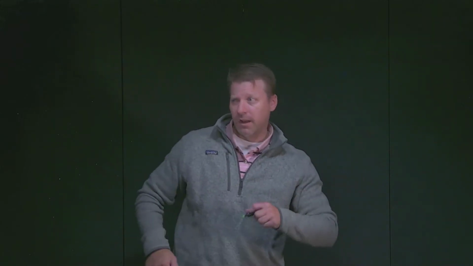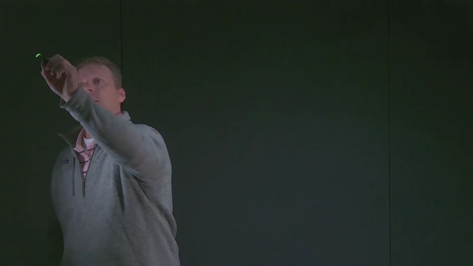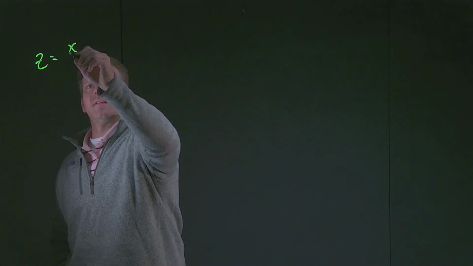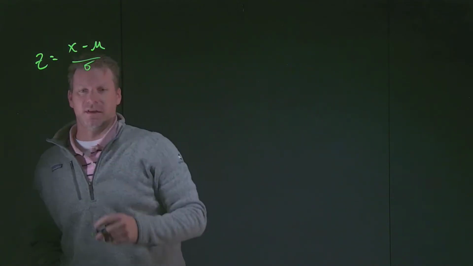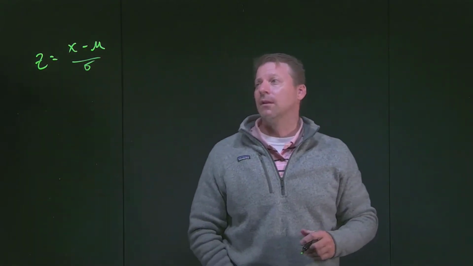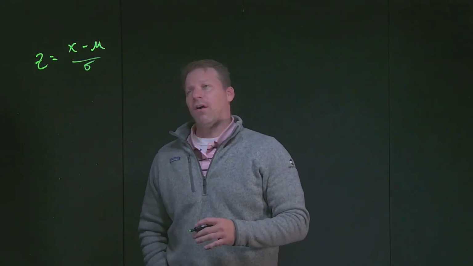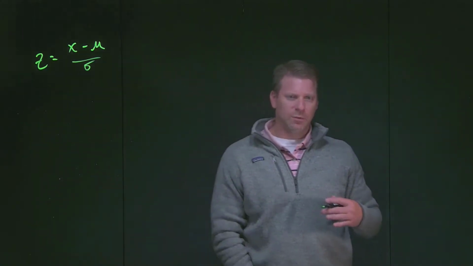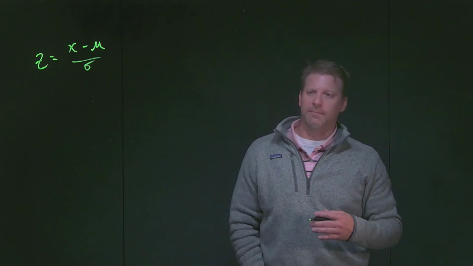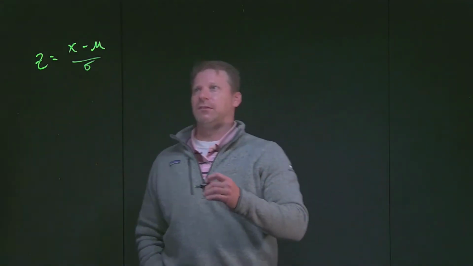and then use that z-value to find a probability in a normal probability distribution. Now, if we think about a z-value, our z calculation is x minus the mean over the standard deviation. It's a massively simple formula. We've already been exposed to this formula because when we started looking early on at Chebyshev and the empirical rule, we were basically doing exactly this.